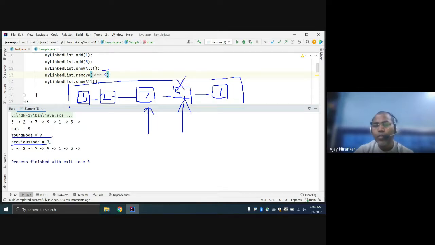Whenever you remove this node, note that it contains one important address, the link about the next node.